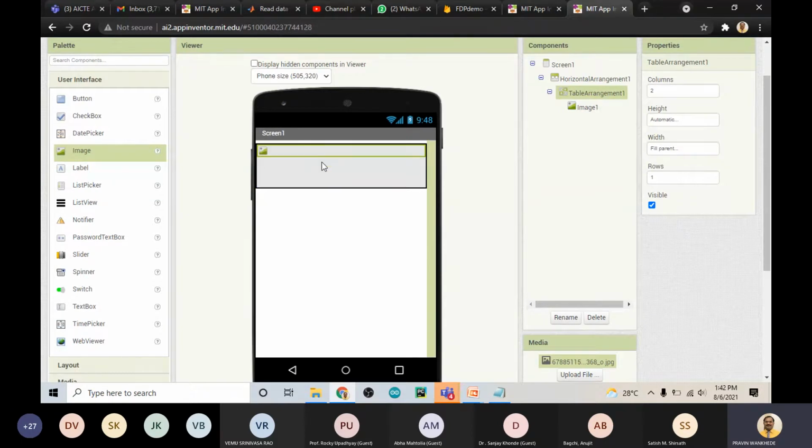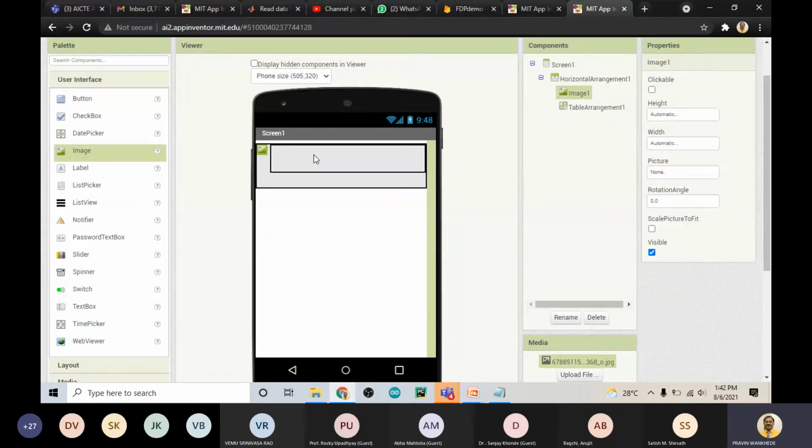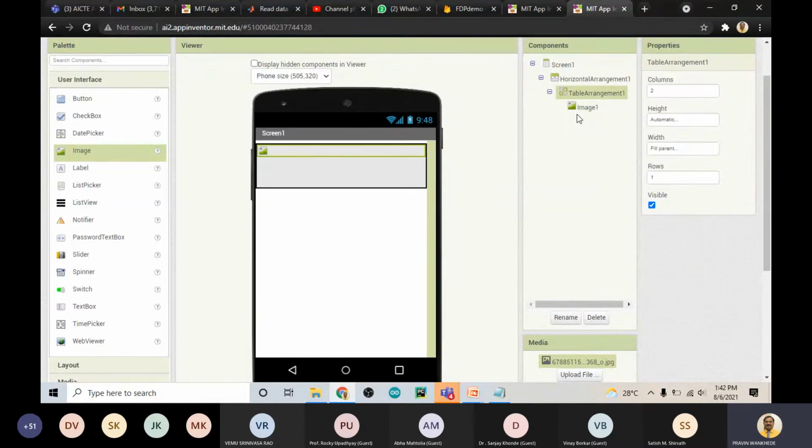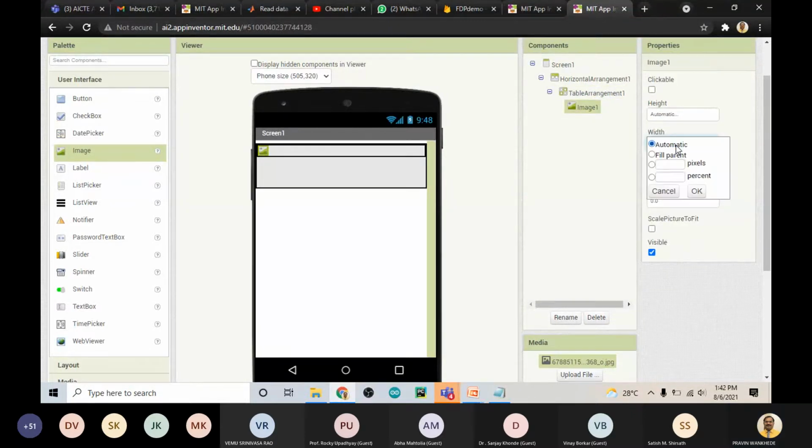Now the first image we got, fine, and the width, that will be 50%. Only 30%. Okay. What is the picture that we want? The file that we have uploaded. Okay.